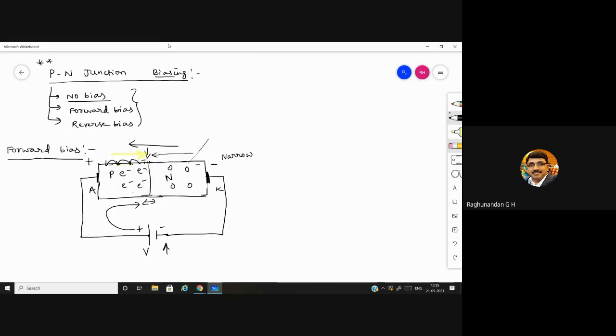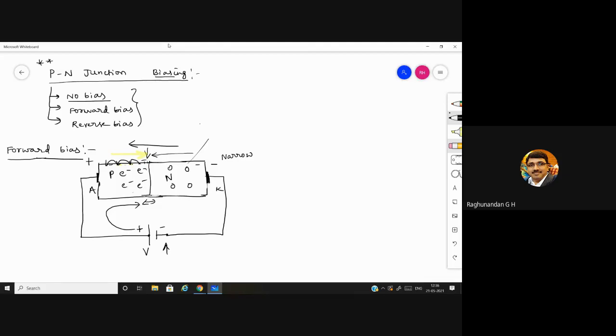It doesn't mean you can keep on increasing this voltage to whatever extent you want. It is not like that. If you keep on increasing the voltage, because of the high flow of current, heat dissipation starts. For every diode, there is some limitation, and you can operate only till that level. Based on that, we have three types of diode: low current diodes, medium current diodes, and high current diodes. Based upon the application and your level, you can increase.